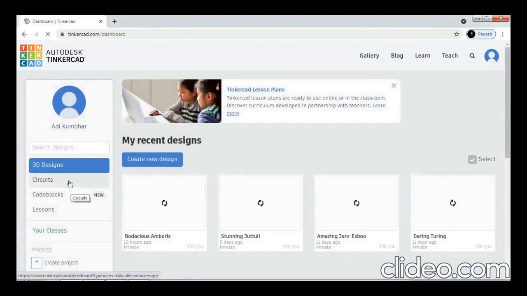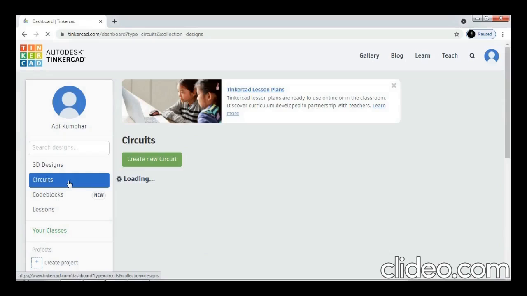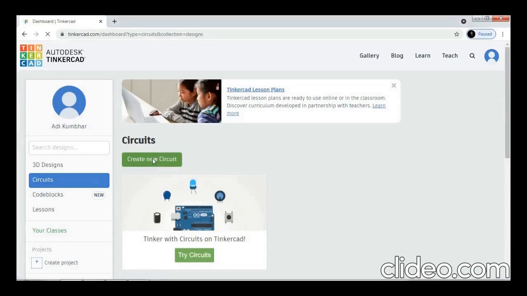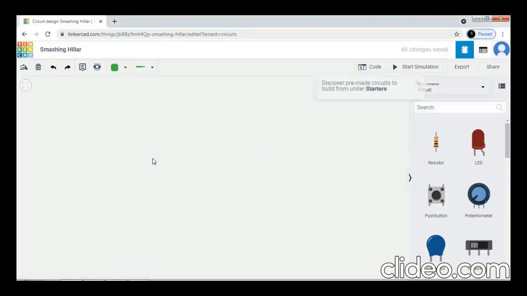Now click on circuits and after that click on create new circuit. Now here is the window where we have to design our system.